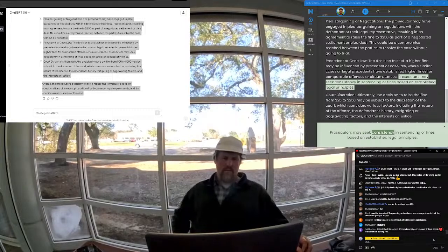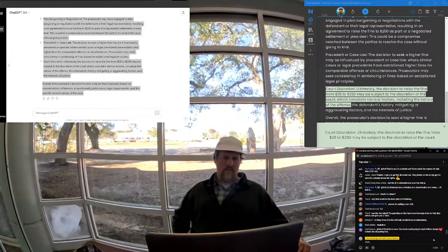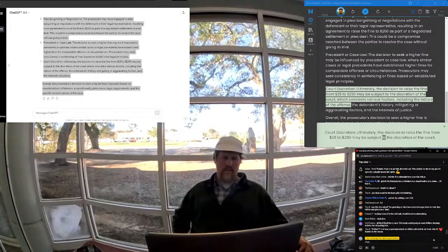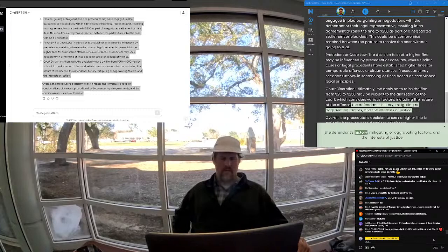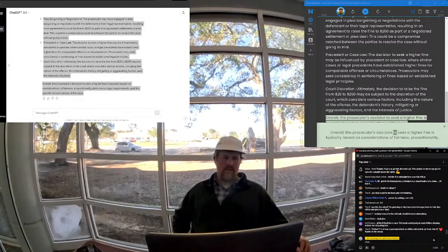Prosecutors may seek consistency in sentencing or fines based on established legal principles. Court discretion. Ultimately, the decision to raise the fine from $25 to $250 may be subject to the discretion of the court, which considers various factors, including the nature of the offense, the defendant's history, mitigating or aggravating factors, and the interests of justice. Overall, the prosecutor's decision to seek a higher fine is typically based on considerations of fairness, proportionality, deterrence, legal requirements, and the specific